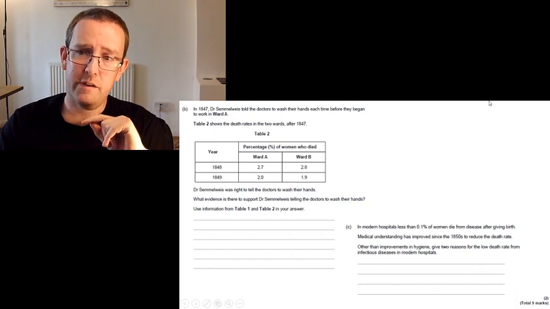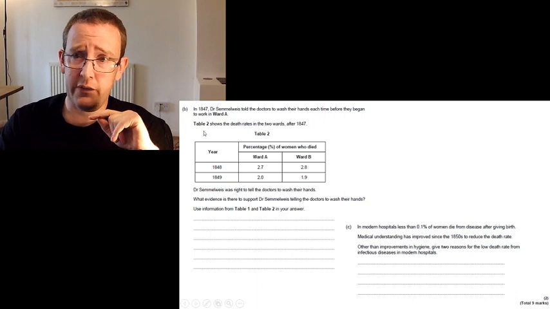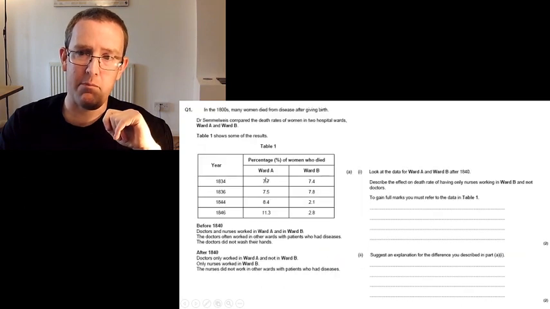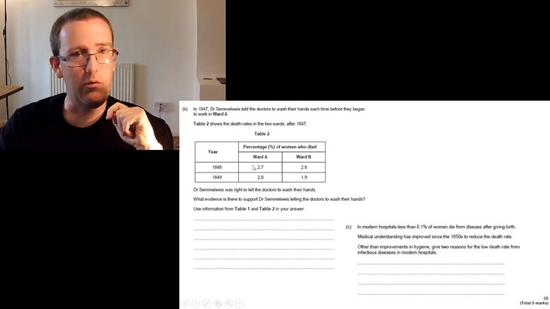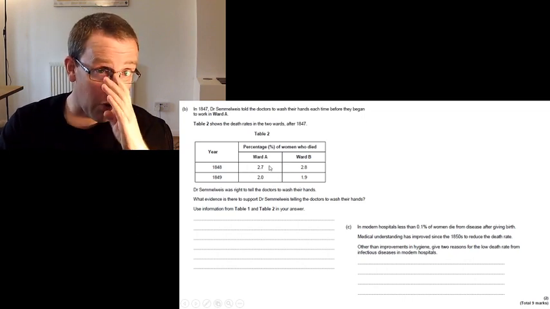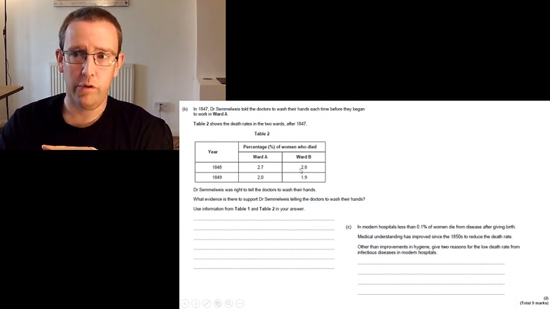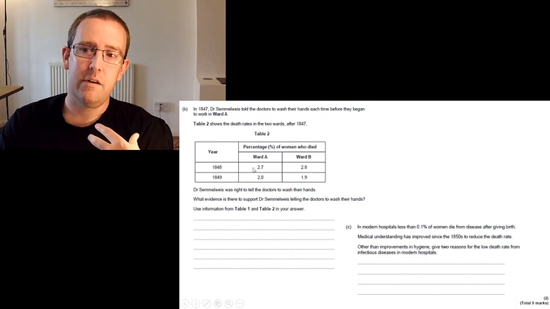Okay. So let's look at table 2. Table 2 shows a death rate in 2 wards after 1847. As you can see, look, this ward here, Ward A, where if we remember, it was very, very high here, where our doctors are working, has suddenly dropped down. Right, so that's a key point. We've got a drop in the death rate to pretty similar to the nurses' ward. Now, obviously, we're telling the doctors to wash their hands, telling everyone to wash their hands, which brings that in line, right, with the nurses.